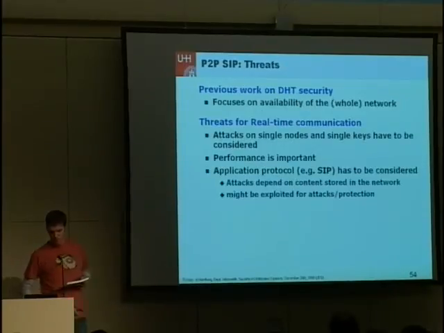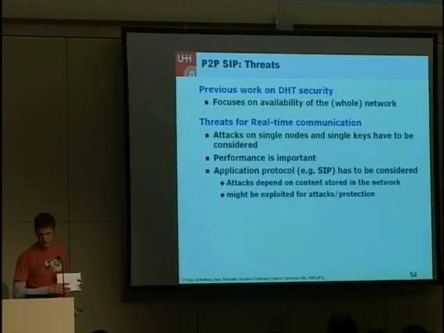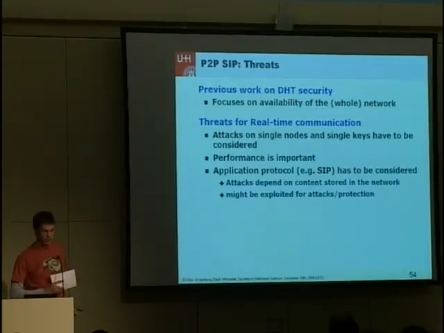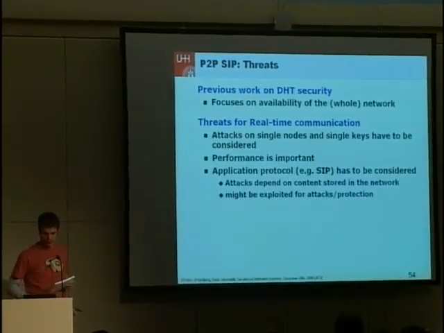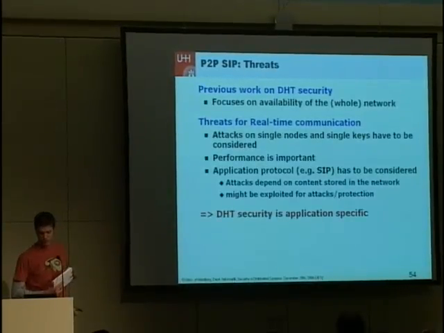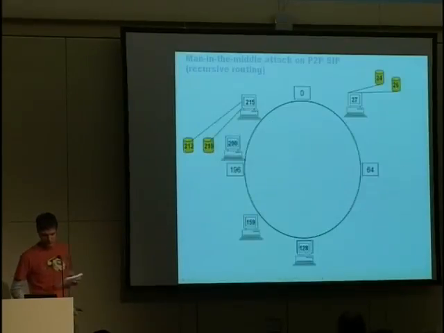So there has been some work on distributed hash table security, mostly focusing on the availability of the whole network. But clearly, if we want internet telephony with zip, we also have to consider attacks on single nodes and single keys, where single zip URIs basically store their content there. And of course, we have performance issues as well, because we want to initiate a phone call conversation. And also, we want to consider the application protocol. So distributed hash table security is really application specific. And there are some special issues for zip. Yeah, I guess we have some time, so there's just a real quick